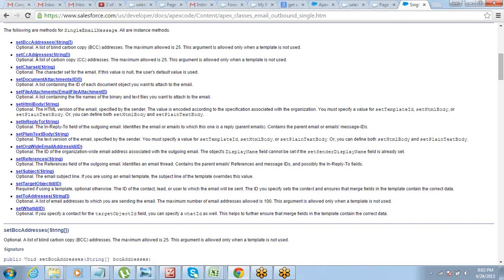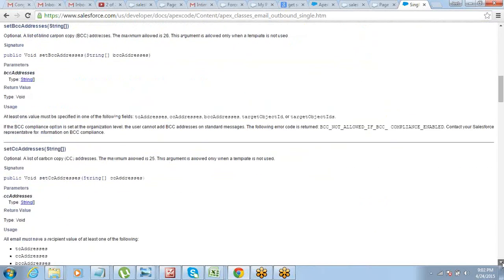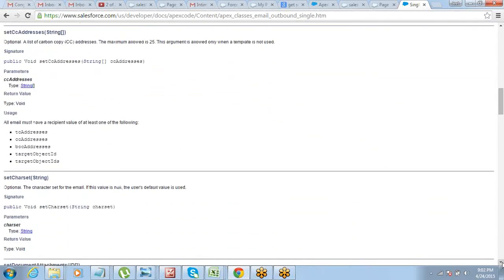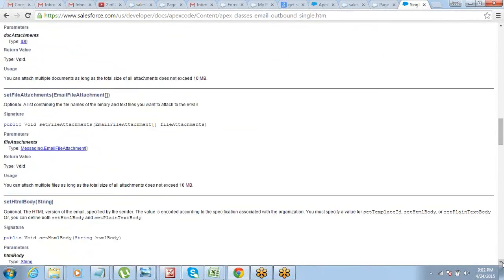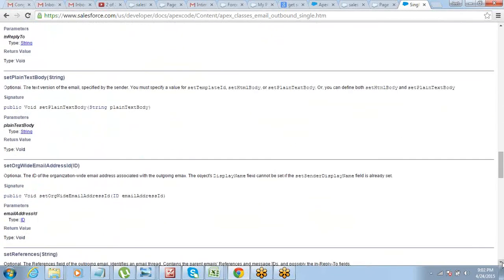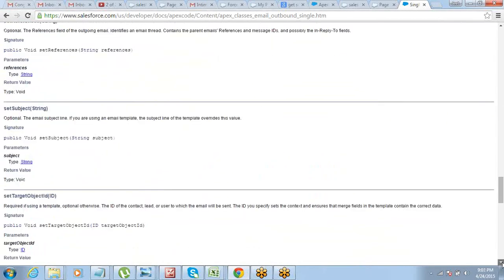Okay. And two addresses is definitely there, and you also have document attachment in case you want to attach a document. So first of all, you should upload that document in the documents folder that we have in Salesforce, and take the ID of that document and supply that if you want something to be sent as an attachment. Okay, so all these options are there. So if you want, you can try and do a bit of work around on these things as well. Okay. All right.